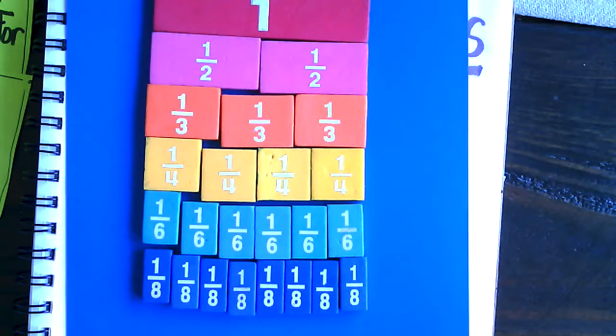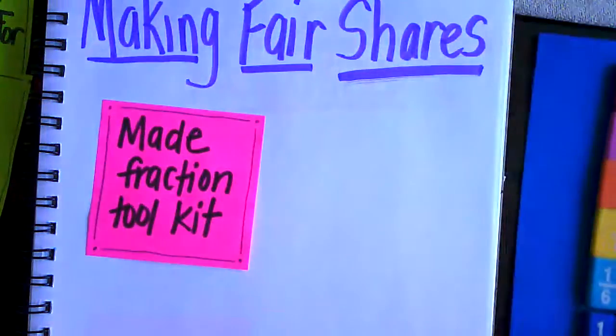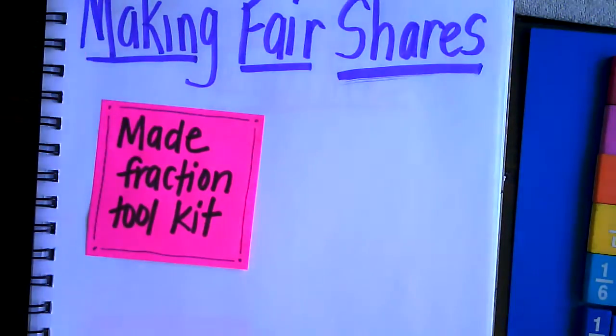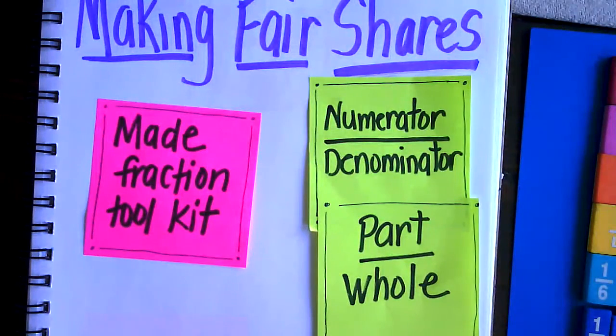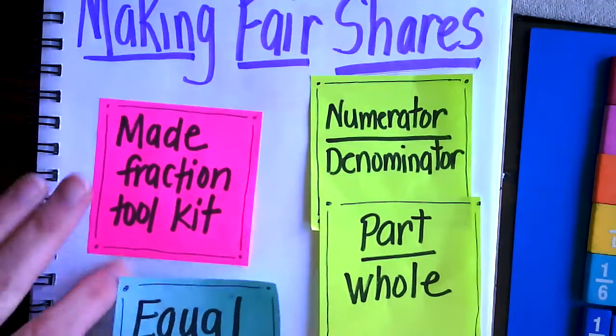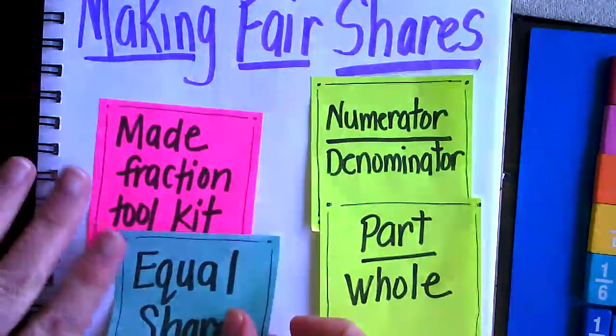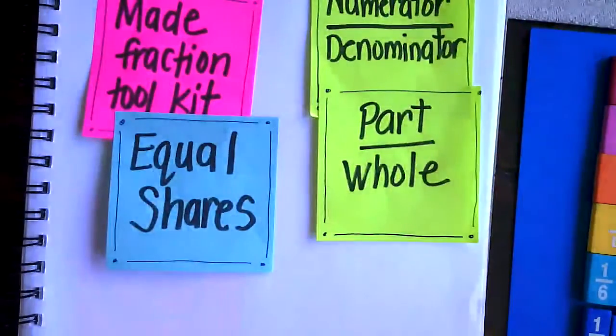So that's a quick review of what we worked on before break. We made our fraction kits, we talked about numerators and denominators, and most importantly, we talked about how fractions here were equal shares. Today I want you to try the Kahoot in your outline to test your knowledge of what you know,